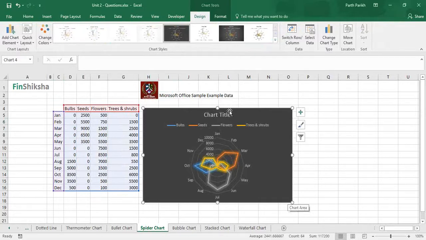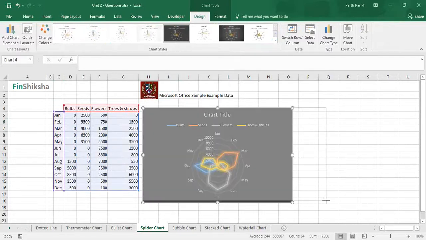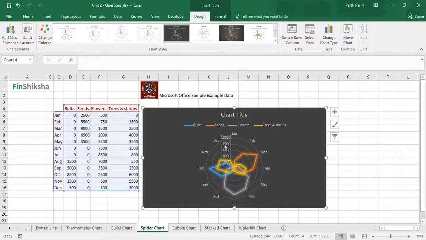Just increase the size of this, and delete the y-axis. And if you want, you can delete this as well. Let it be. Now, this is the basic spider chart. The creation of the chart is technically over.